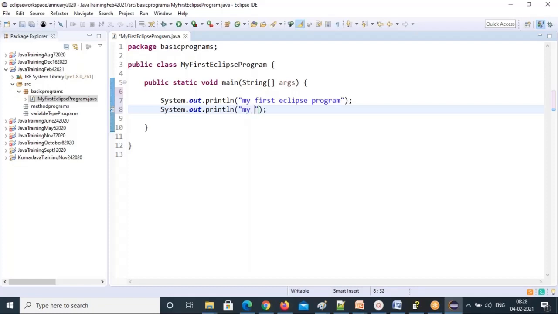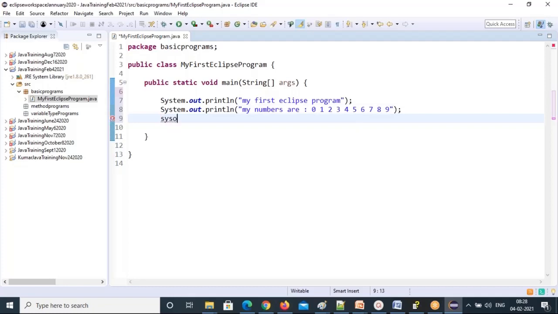In the double quotes I'm writing my numbers: 0, 1, 2, 3, 4, 5, 6, 7, 8. Whatever statement you want, you can write under these double quotes, and as it is, it will print. That's another statement. But I don't want to print on the next line. I want to print my next output after this 9.